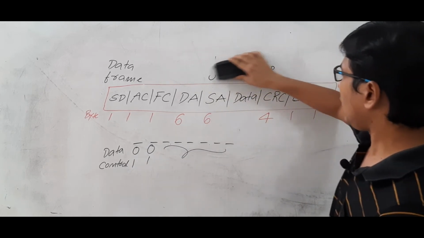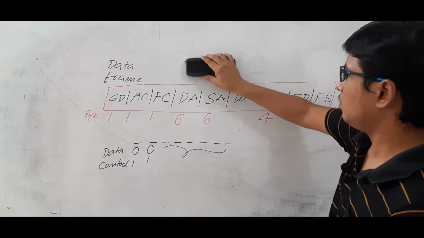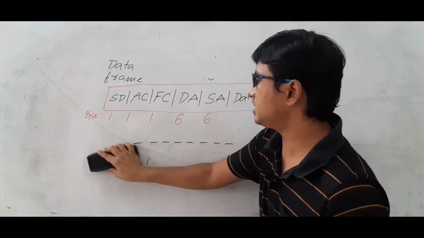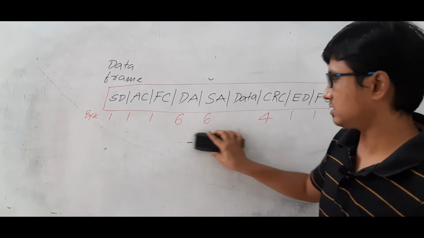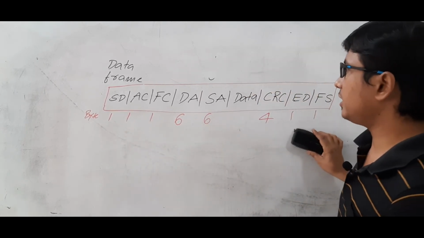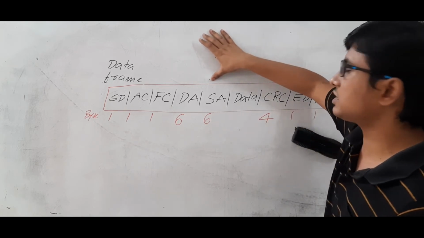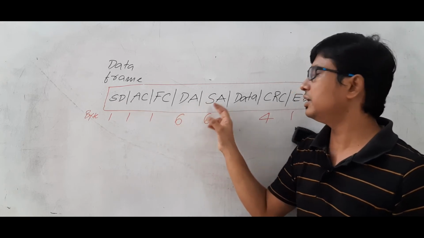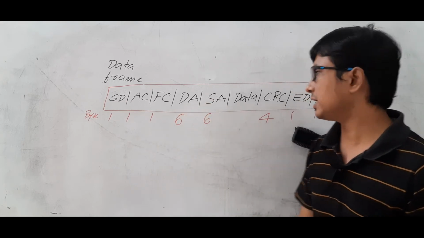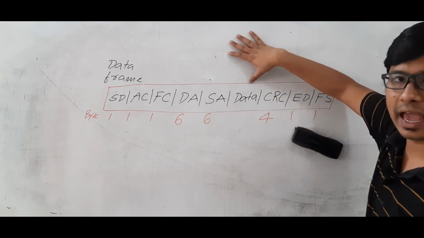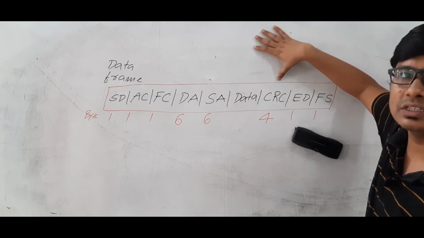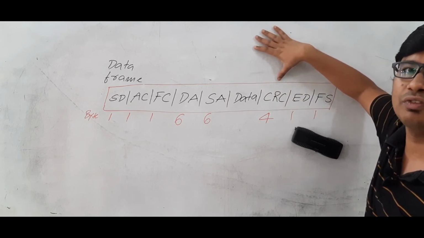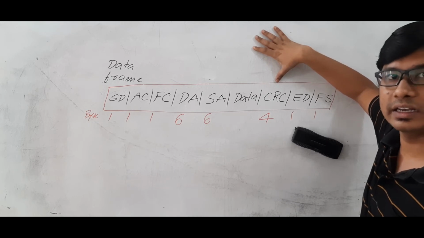Okay, and as you already know, what is the destination address and the MAC address. Am I right or wrong? Already I have discussed what the physical address is. So we have the destination physical address or MAC address. Here we will have the source MAC address. And we will send the actual data, and we have the CRC, which is useful for error detection, a 32-bit CRC.